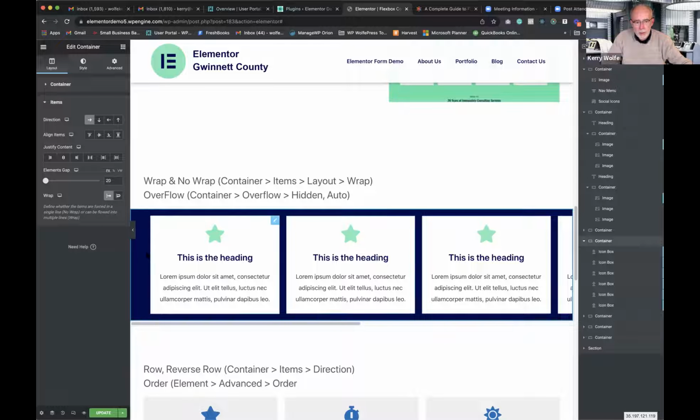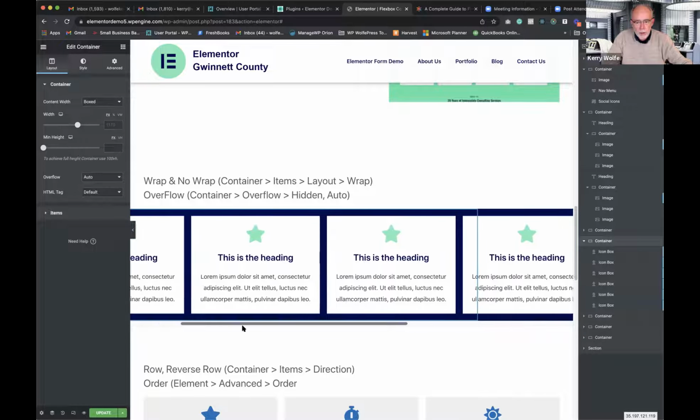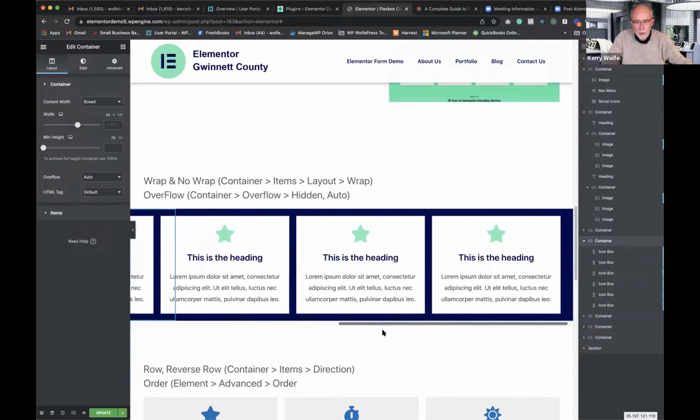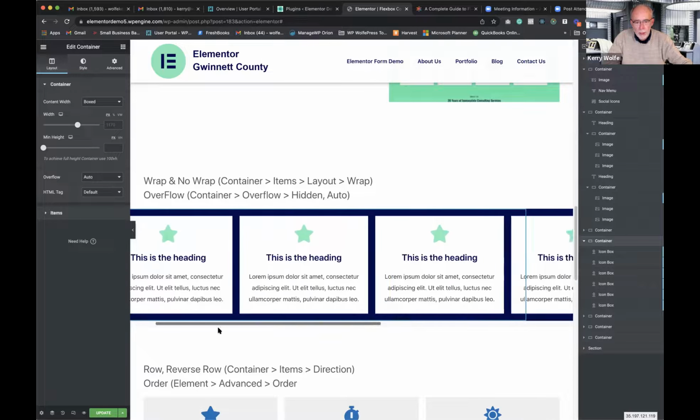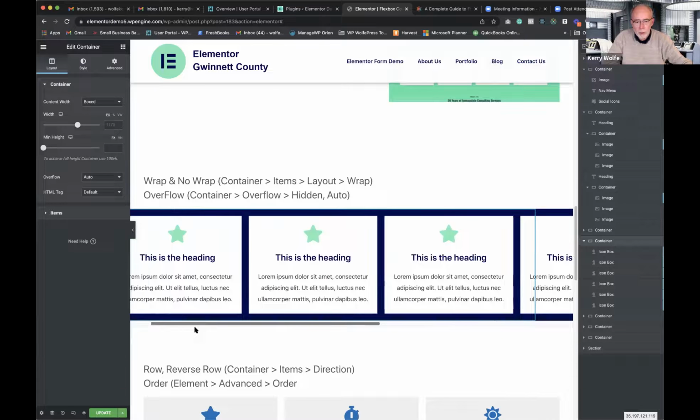Well, that's because if we go to container, let's see, overflow, it's on auto. So when it goes to auto, you get this scroll bar where you can use this. And that would be kind of interesting on a phone because you could just swipe through them. But if we turn it to hidden,